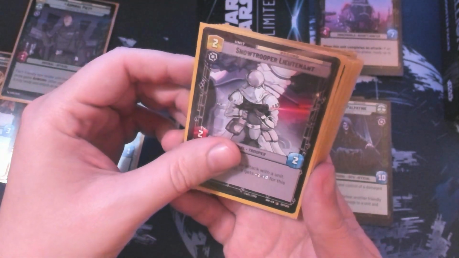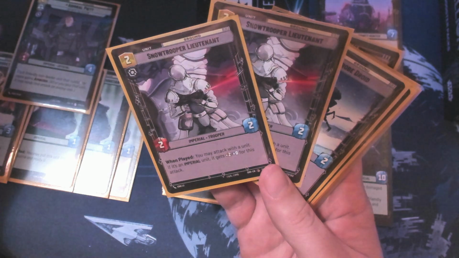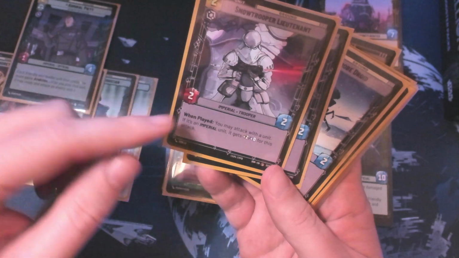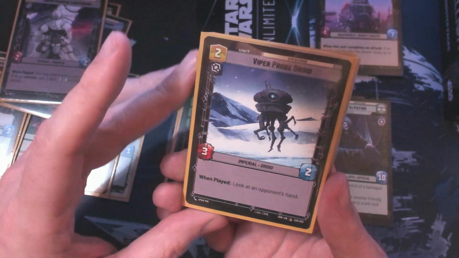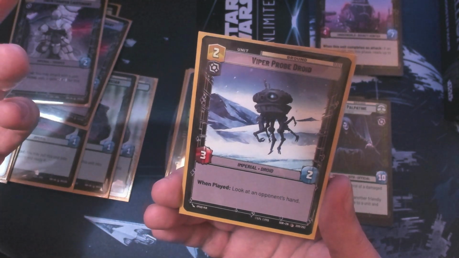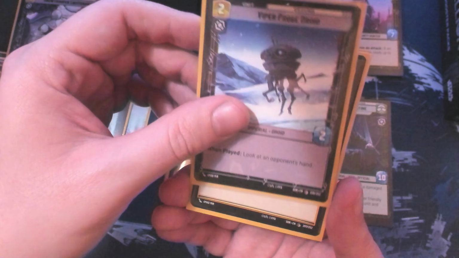And then we got Snowtrooper Lieutenants, which actually came in very strong use for me. As you can see, so far every card that I've shown you have been Imperial cards, so this guy combos really well with Imperial, which worked out really nicely. Viper Probe Droid I used a few times to take a look at my opponent's hand. Since I am still pretty new to playing the game, especially in person, it's hard for me to retain knowledge of all the cards they have and what specific combos they might have coming up, but it was